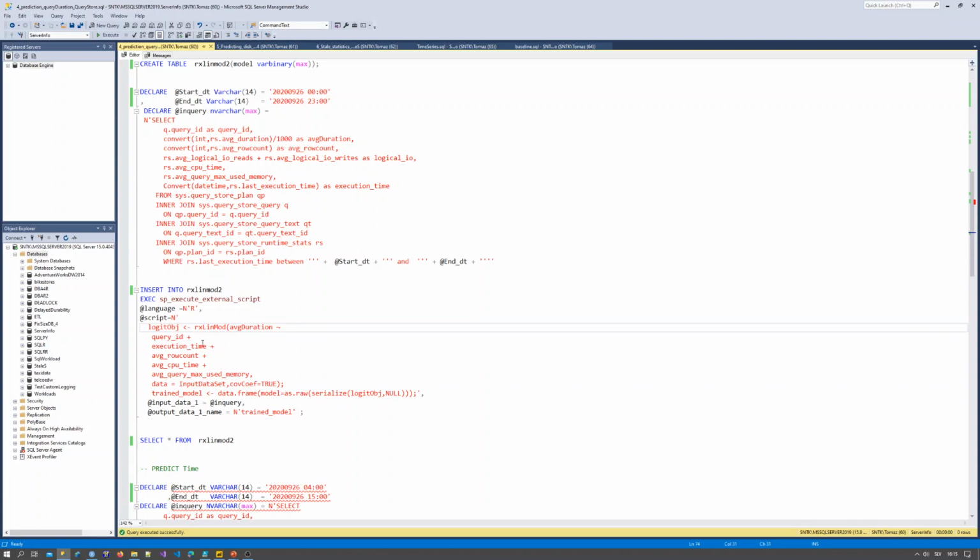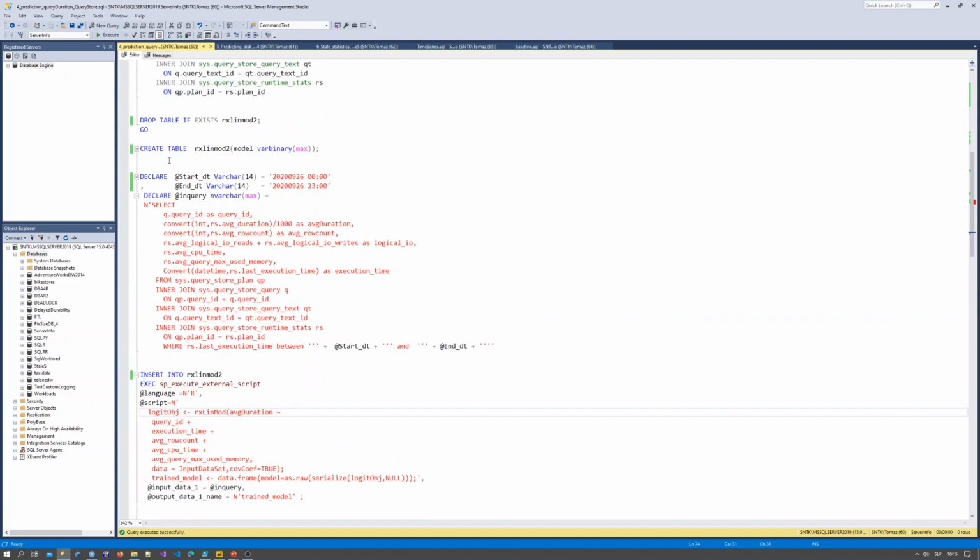And for that, I will feed in execution time, average row count, average CPU time, average query max used memory, and that's it. And I will do that especially because I want to have my model stored in the table, which I can either query later on or improve in the future, something like that.